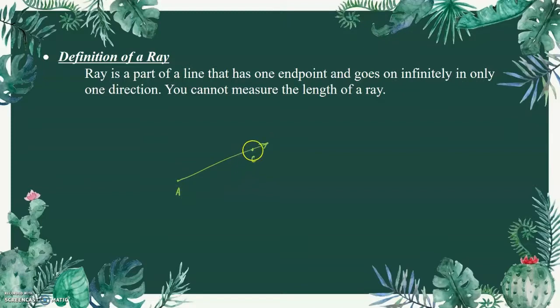So these 2 points determine the name of the ray. The name of this ray, or we denote this ray as ray AC. So writing, we have ray AC. Alright, so if I have another ray here, wherein the endpoint is point E, and this part is point J, then to denote this ray, we have ray